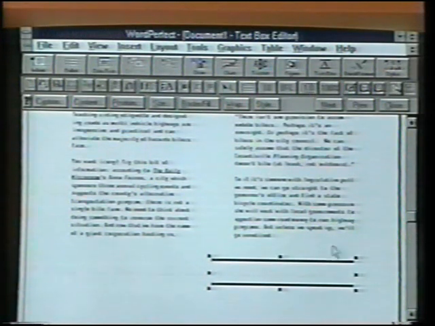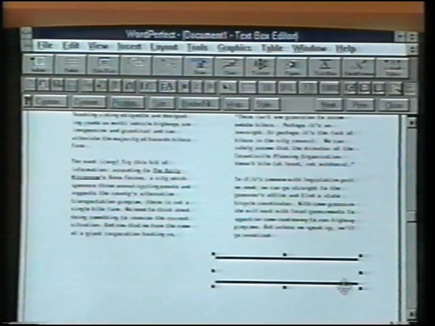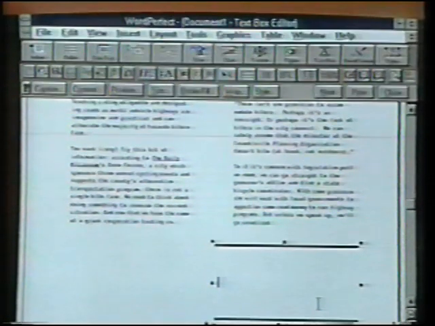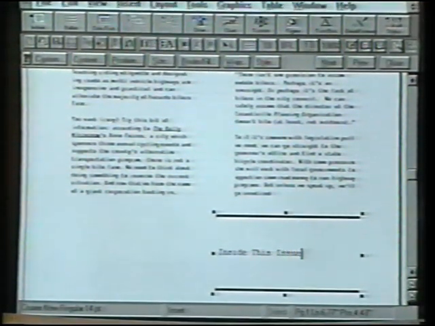And it's an editable box as far as width and height. See how I get an arrow when I get close to it? I can also come down here and get sort of a sideways arrow, and that allows me to drag it down deeper. So this is where we put our text. Let's say inside this issue. And we'll try to spell it all correct. And then hit return. And let's say story 1